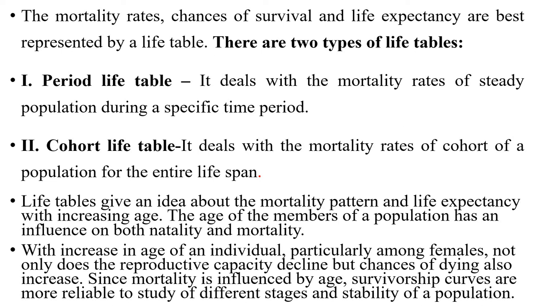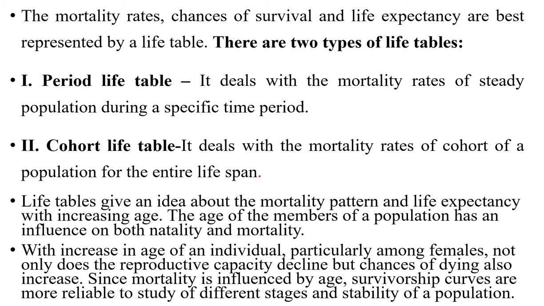There are two types of life tables which are considered. One, period life table, and second, cohort life table. In case of period life table, it deals with the mortality rates of the steady population during a specific time period. You must remember the period life table deals with the mortality rate of a steady population during a specific time period, whereas